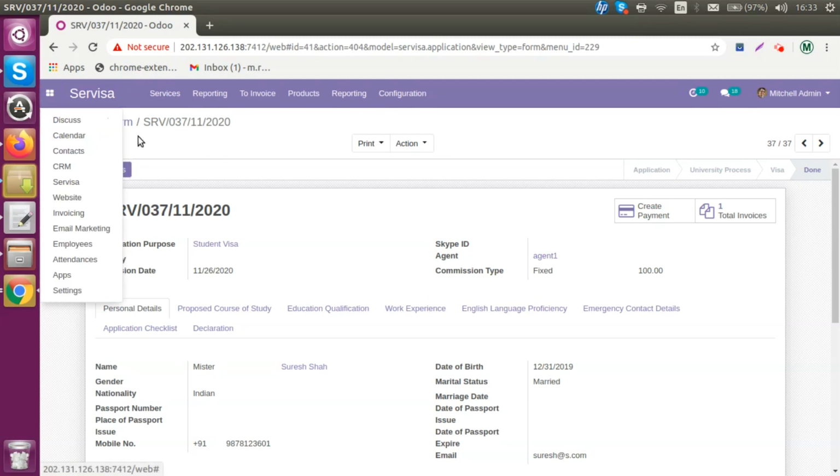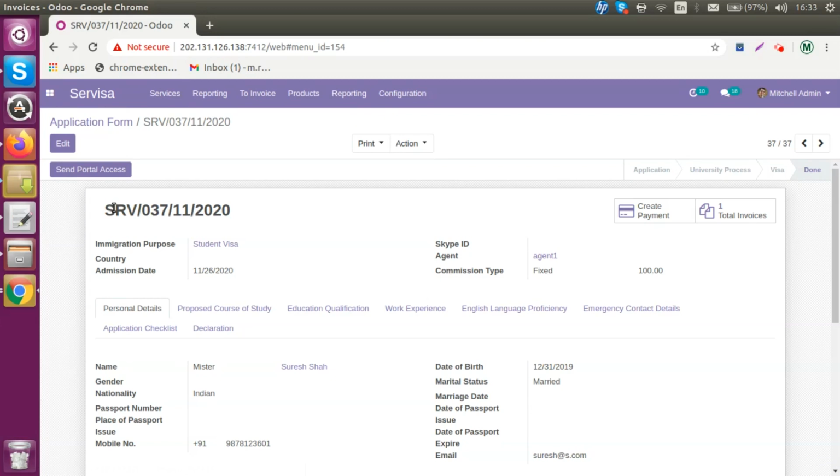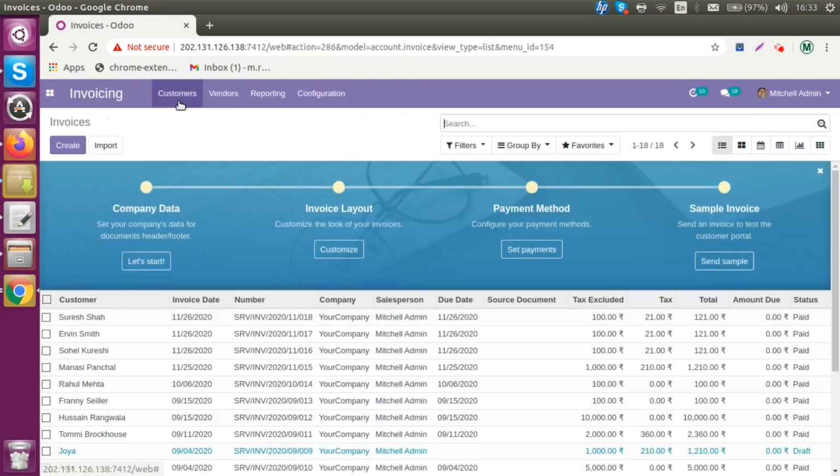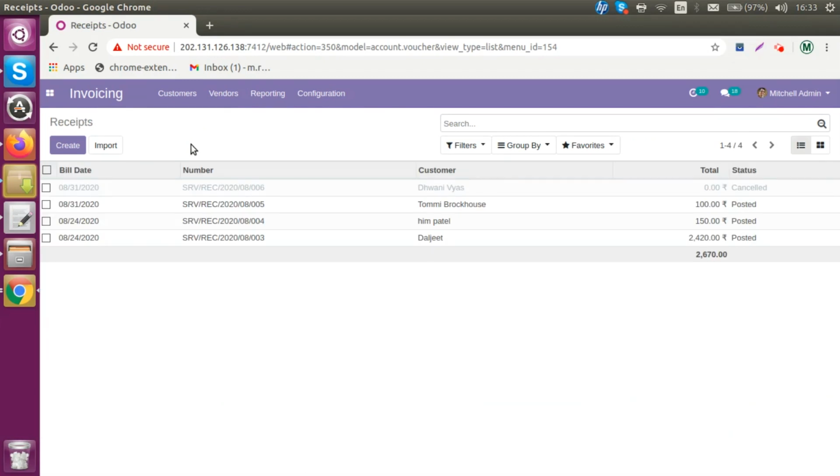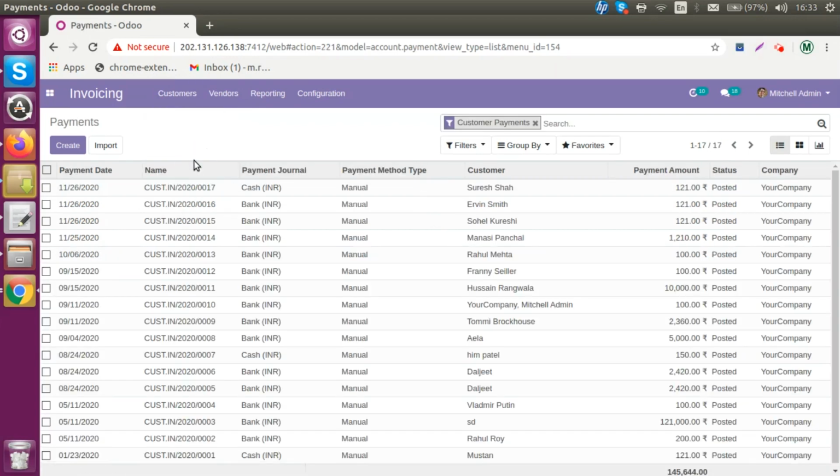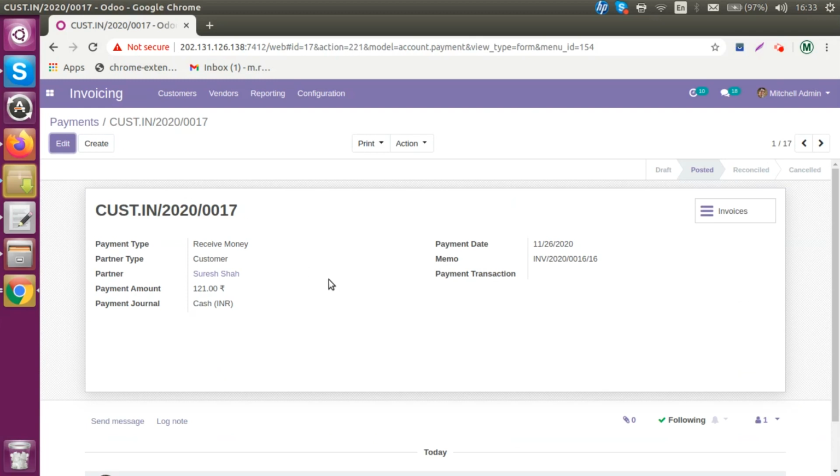So we can go to invoicing. In invoicing, we can go to receipts. Sorry, payments. Over here, this is the payment of the agent which we need to do.